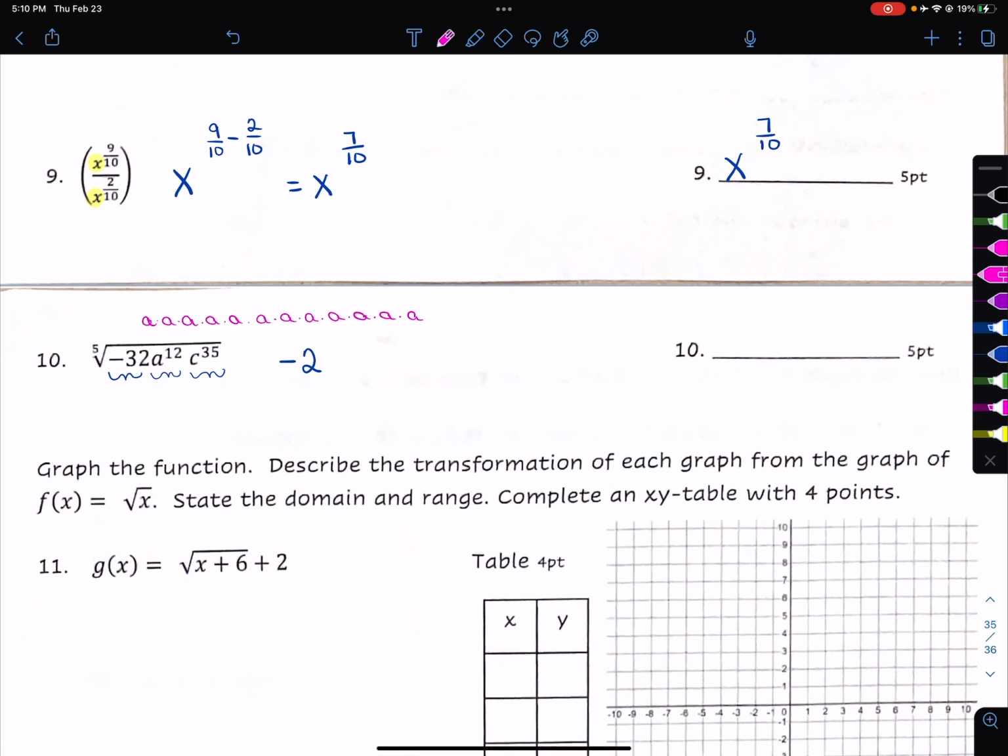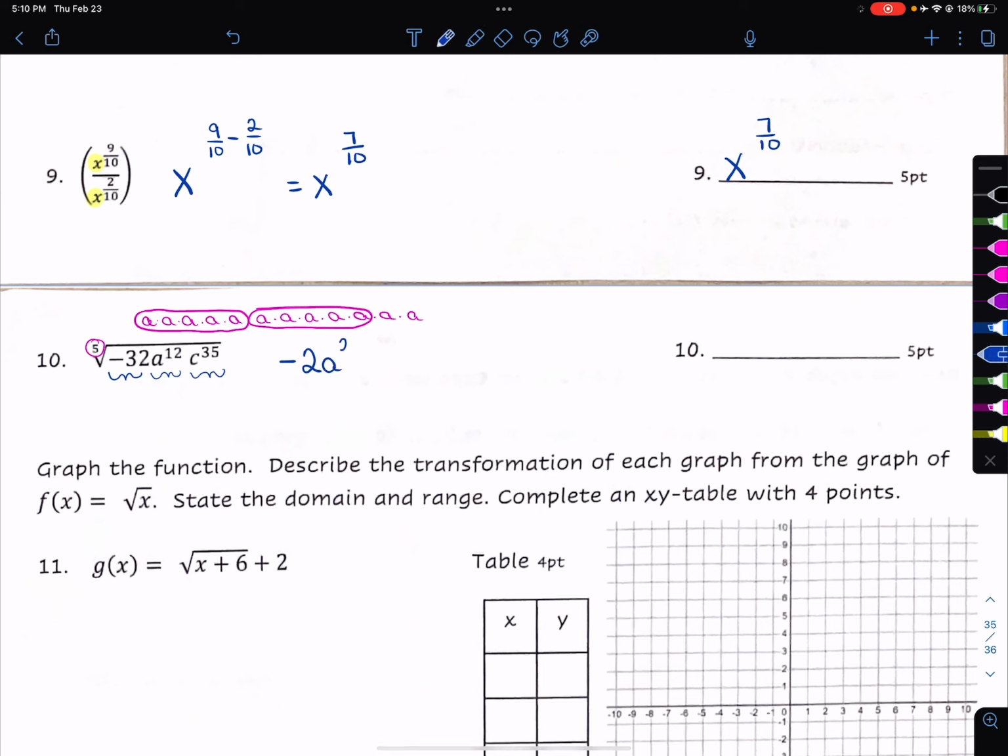Okay, so I'm looking for groups of 5. Every time I have a group of 5, I can take out one group. So here I have a group of 5. There's one group of 5. Here's another group of 5. And then I have 2 left over. So I have 2 groups. So I have